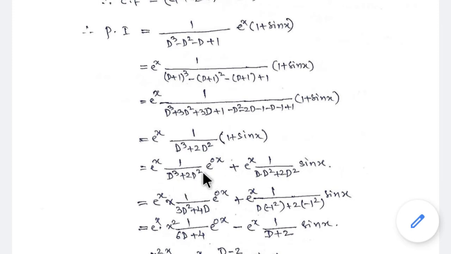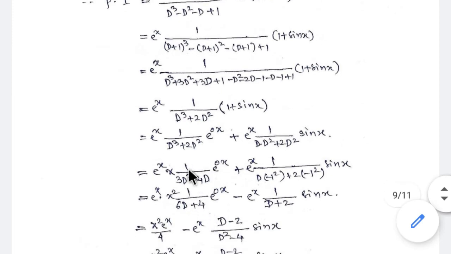Wherever d appears, you replace d by 0 and see whether it becomes 0 or not. Here if you substitute d equal to 0, the denominator becomes 0. So when the denominator becomes 0, multiplying x, e raised to x you write as it is, multiplying x, and differentiate the denominator with respect to d. That is, d cube differentiation is 3d square, plus 2 is constant, d square differentiation is 2d, total 4d you get. The differentiation of d cube plus 2d square is 3d square plus 4d, e raised to 0x you write,